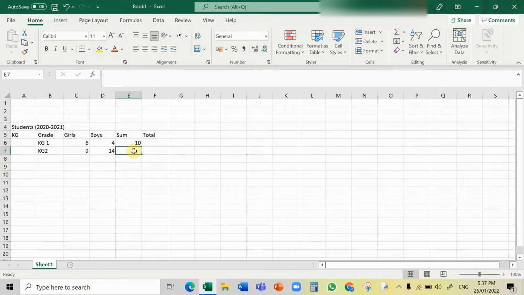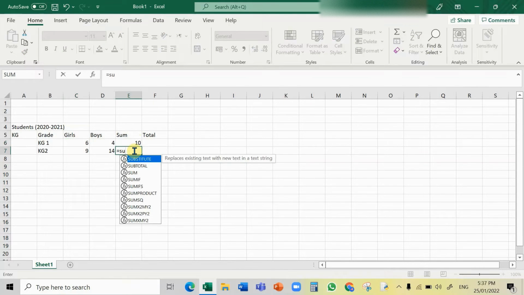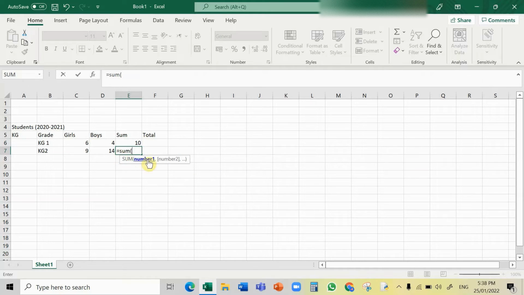Now the second way is pretty easy. You just type in equals, you want to do the sum. So you type sum, and they'll give you many options. Just select the one you need. Okay, I selected sum and I'm gonna add a bracket. Now this gave me an option down here. So I'm gonna select number 1,